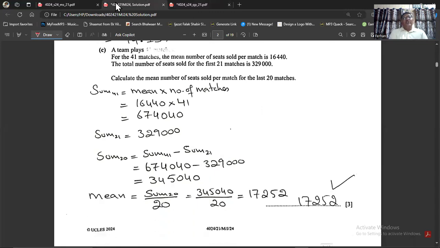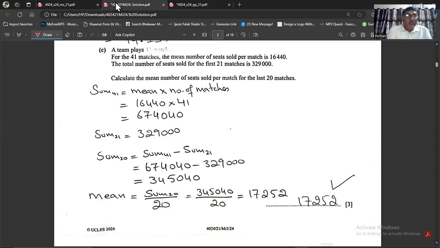Okay, so on your screen you can see the sum of 41 matches will be the mean multiplied by the number of matches. So the mean for the 41 matches, the mean number of seats sold, is 16,440 multiplied by 41. So that is 674,000. So the sum of the number of seats in the 21 matches is